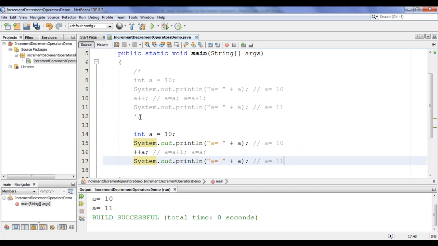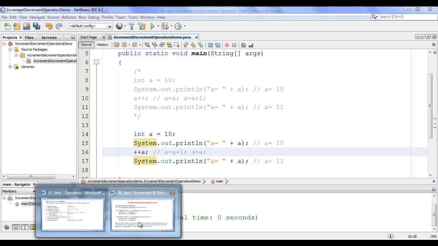Then what is the difference between post increment and pre increment? The difference is the way how they are executed, guys. That's the first difference. Of course, both the places we are getting the same output. Then when do we find the difference in the output? Here we have a note to remember.